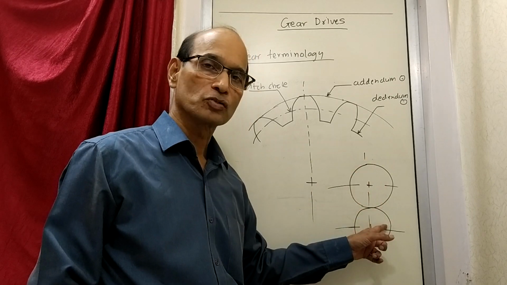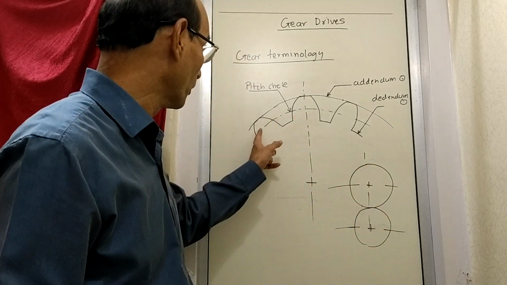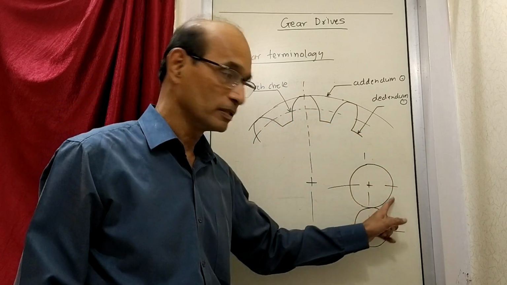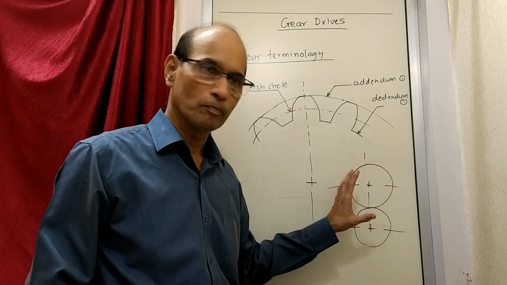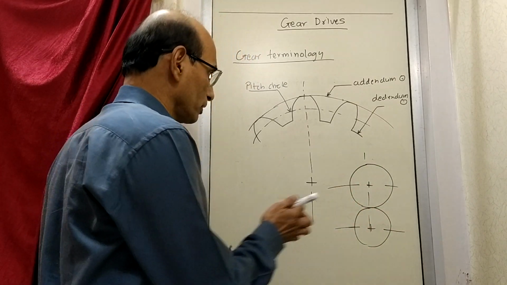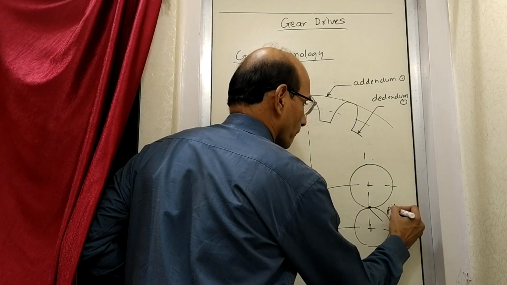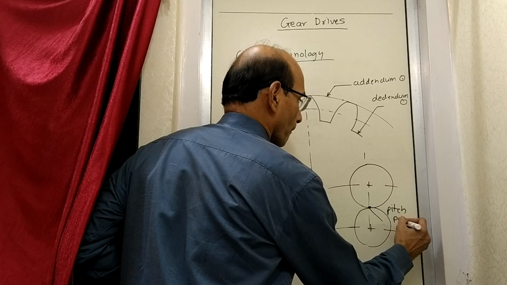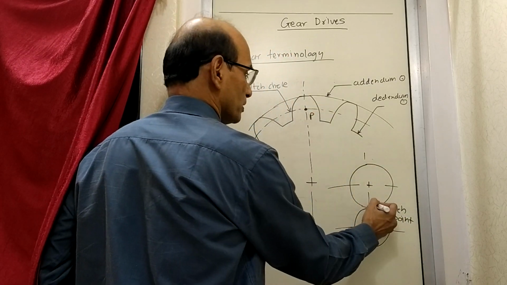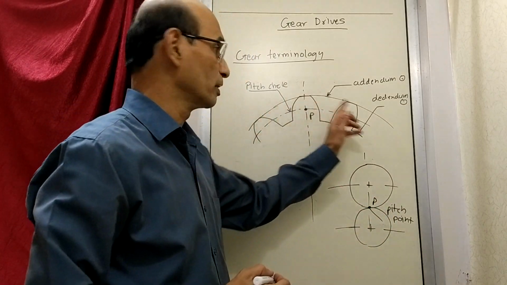Now what are these circles that are drawn? These are called pitch circles, and in this example this particular circle is a pitch circle. So gears are shown by pitch circles, showing how they are in contact, and they are in contact with each other at a particular point. This point is called the pitch point. In this case, this is going to be the pitch point. I'll call it P. So this pitch point P is here, and this is called a pitch circle.